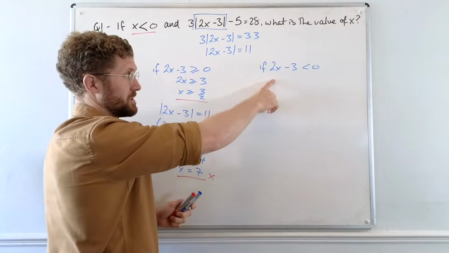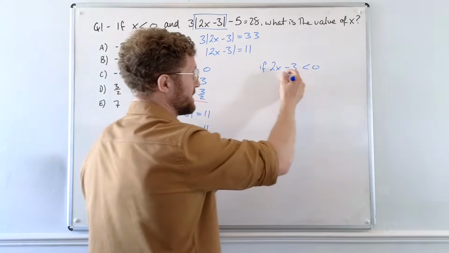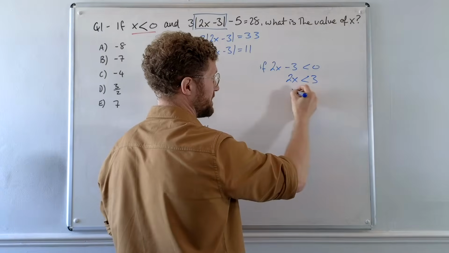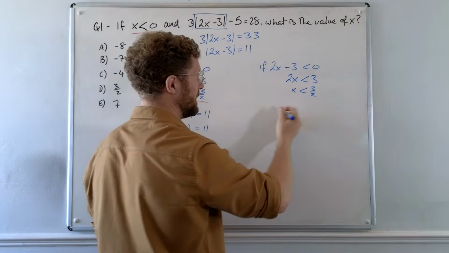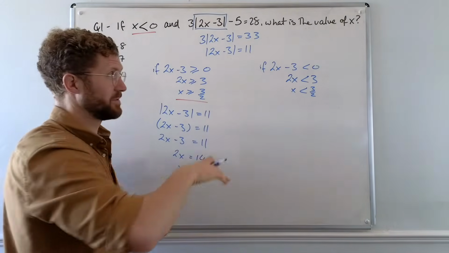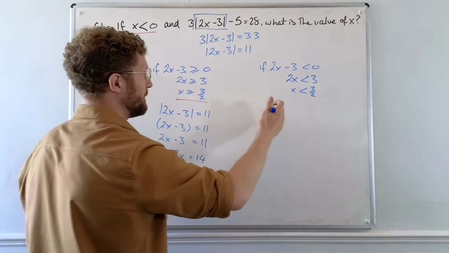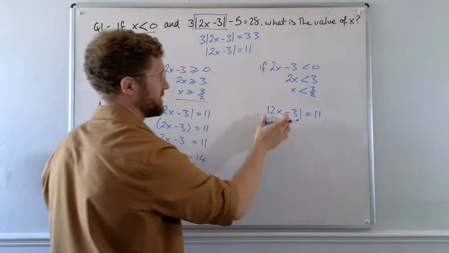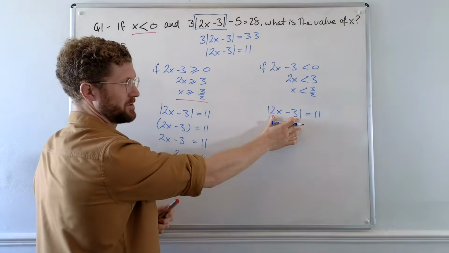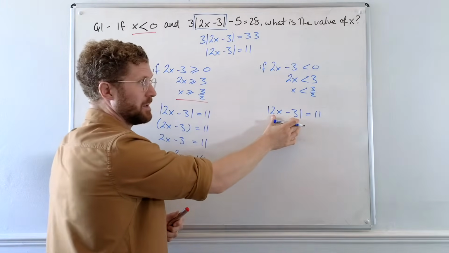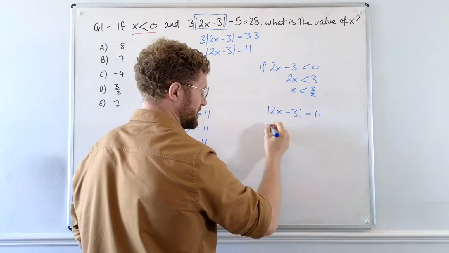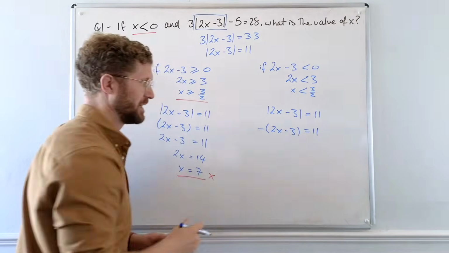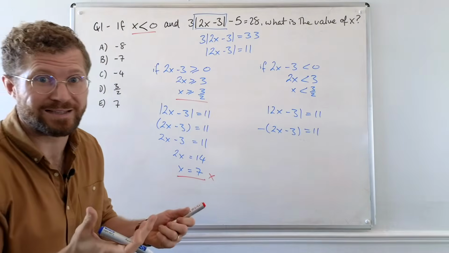Let's take a look at this other side. All right, exactly the same way. I've got this inequality. That's the same as saying if 2x is less than 3, or if x is less than 3 over 2. So if x is less than 3 over 2, we can come down this path. And what happens then is we've said what's inside the absolute value sign is less than 0. Now what we can do when it's less than 0 is turn the absolute value sign into a set of parentheses and stick a negative sign in front of it,